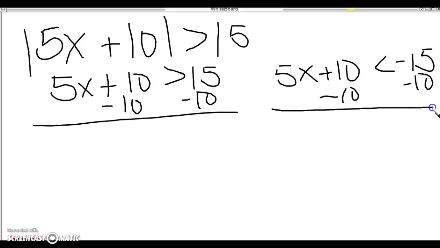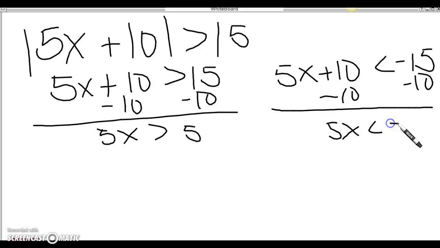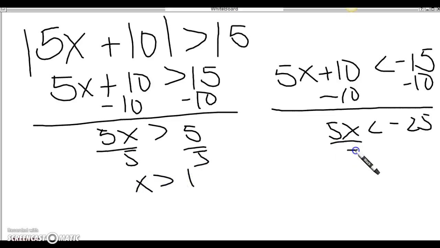And I get 5x is less than 5. And over here I get 5x is greater than negative 25. Divide by 5 on both sides. And I get x is less than 1. And I divide by 5 over here. And I get x is greater than negative 5. So when I graph it,